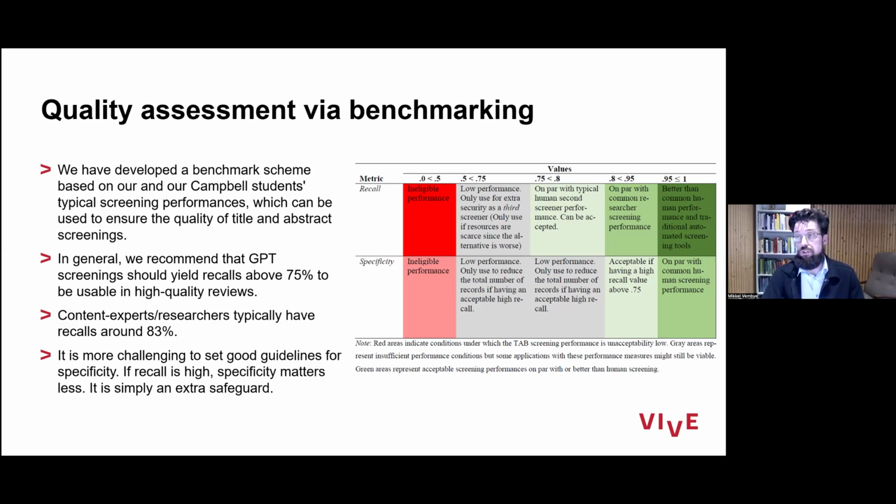And even if you get about 95, then you would really do a good work with the model. And then again, specificity is a little bit more challenging to make hard guidelines about because we cannot reject that having